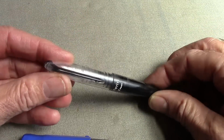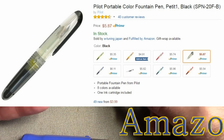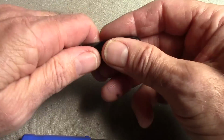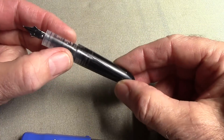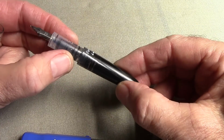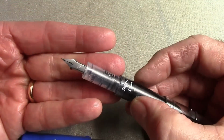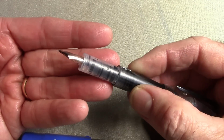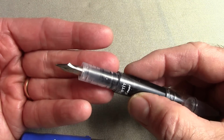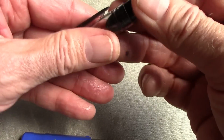But as I got into pens and started looking at more different varieties of them, I really fell in love with this Pilot Petite One. It is a small pen, but I consider it a pocket pen. You can eyedropper this one, which is what I do, and this is filled with Noodler's Heart of Darkness because I like a pen that has a nice bulletproof ink in it that I can use for signing, and this one I carry around with me. I've used it for times when I'm on the road and don't want to carry anything big, so I just throw this in my shoulder bag and get on my way. This one also is very